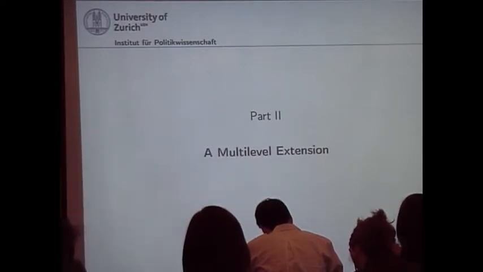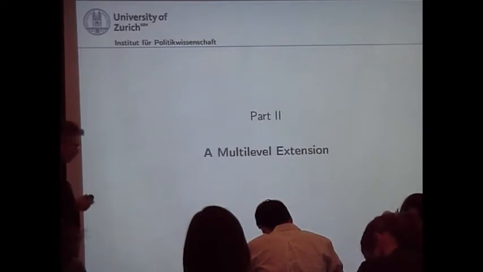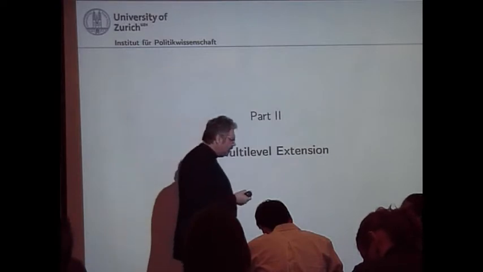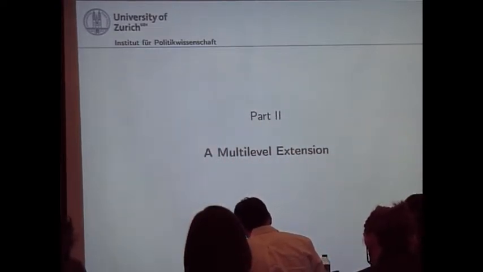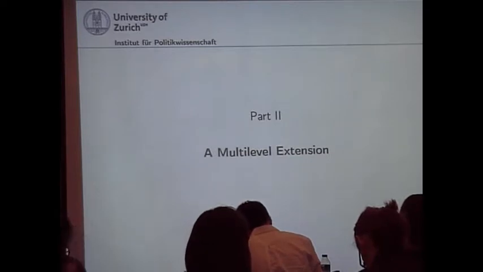There are conservative districts, there are labor districts, there are districts that go for Liberal Democrats, so we can take that into consideration. The simplest way to take that into consideration is to turn this model I just showed you into a